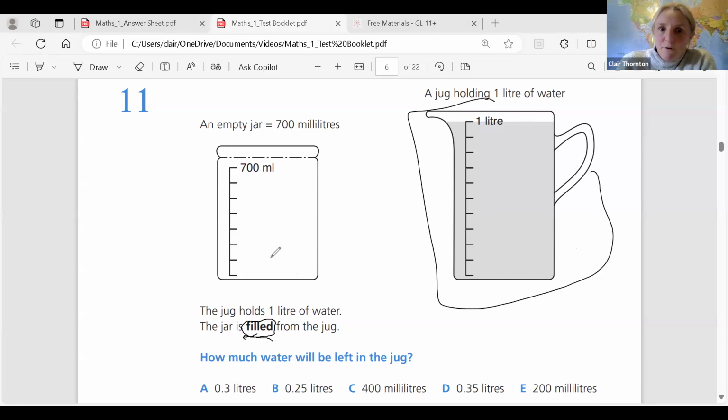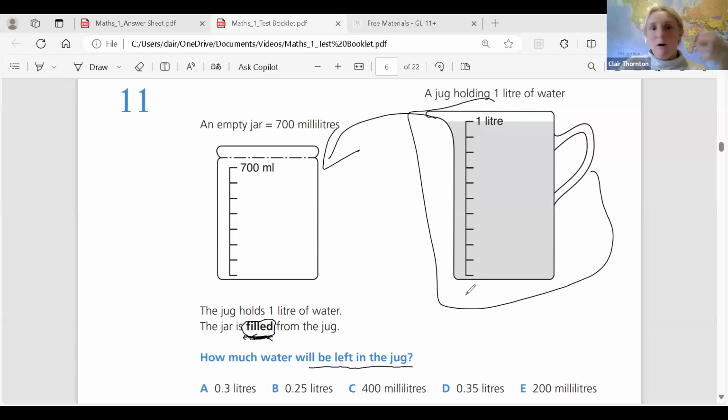The jar is filled from the jug. Okay, so it's filled from that jug. And then it's how much will be left in the jug. Be careful with this as well. This often trips people up. How much will be left in the jug, not how much